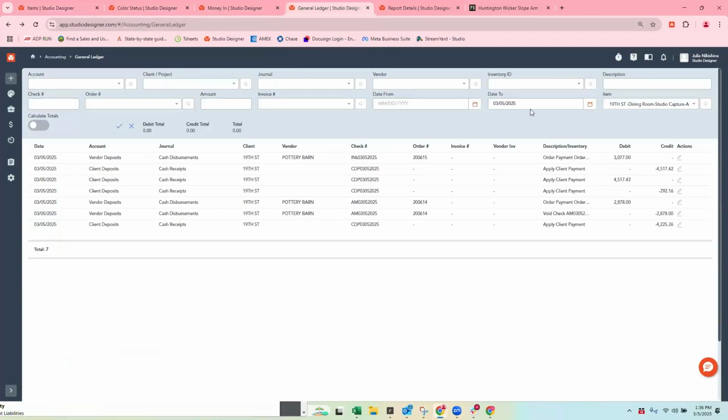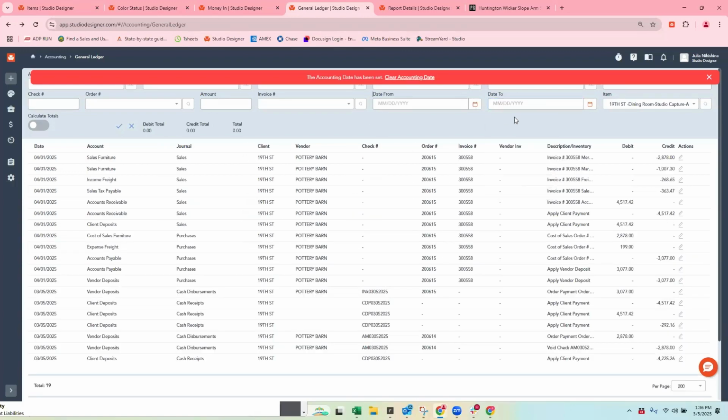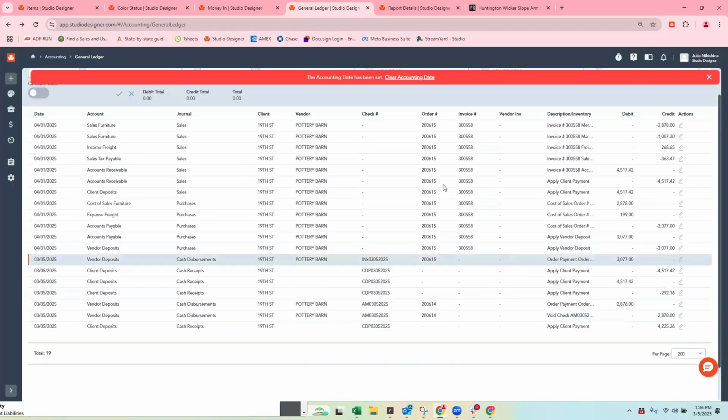So if I go into the GL and I refresh, my date is different. So it's not showing me that I invoiced it because I set my date to a date in the future, which by the way, you should never do. But let's take this. Oh, here we go. So I took it out and it invoiced it in the future. We should probably tell someone we should not be able to do that, but that's okay. This is a great example.